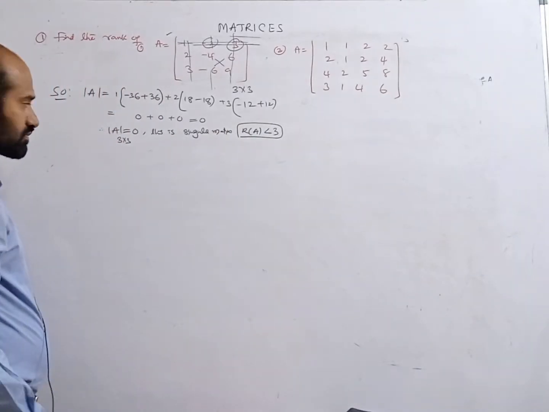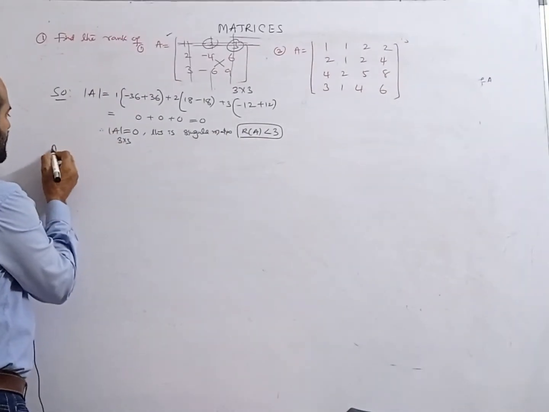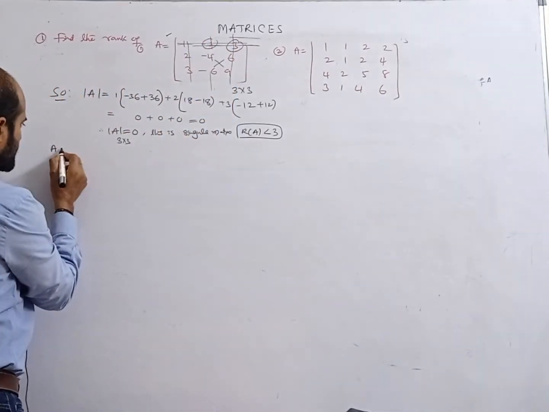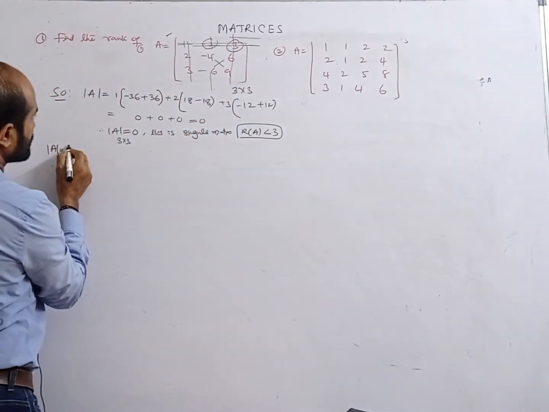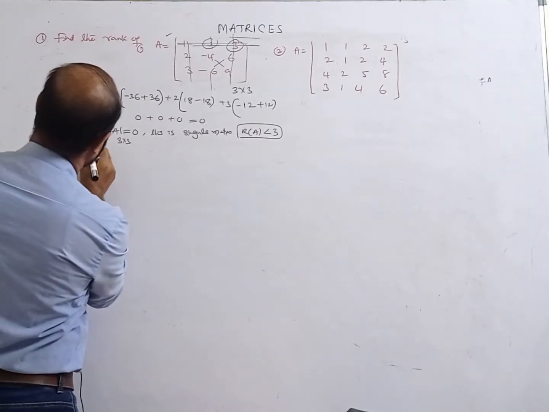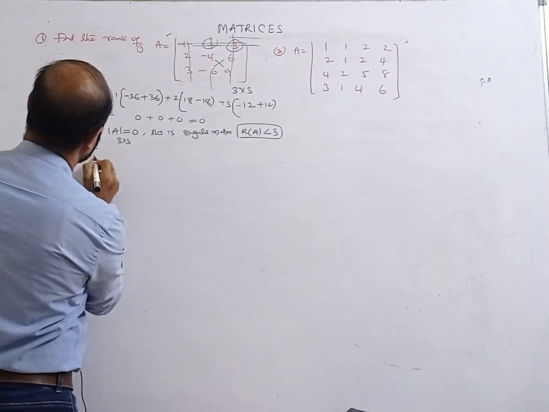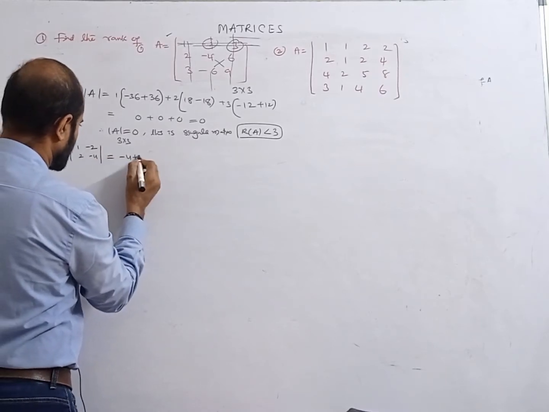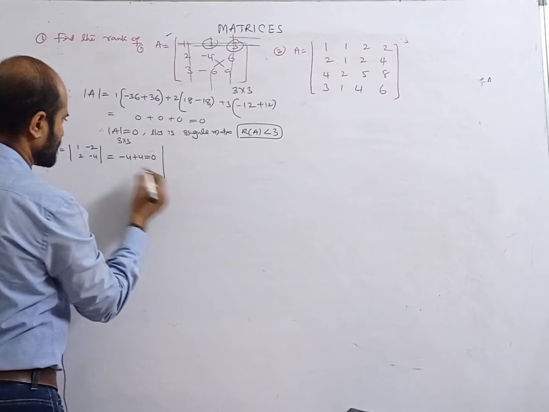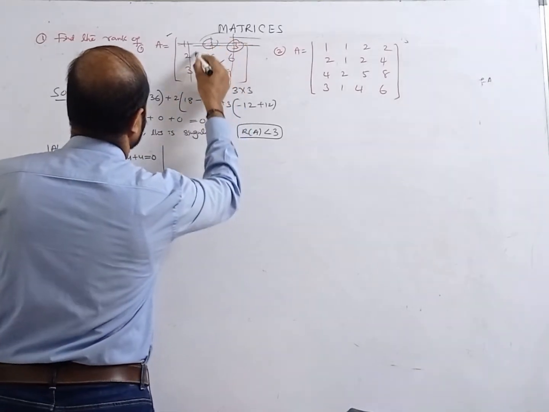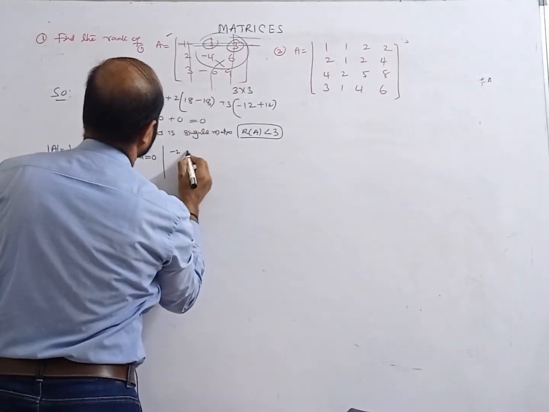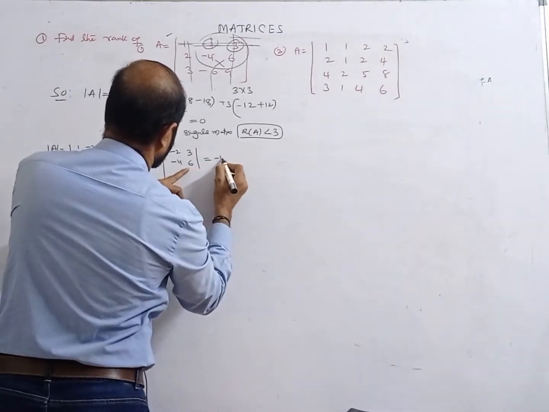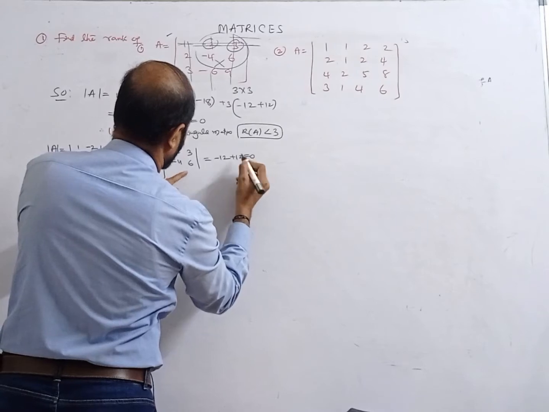Then I will take a matrix of any 2 by 2 matrices. So let us take one 2 by 2 matrix. The determinant of the first 2 by 2 matrix, [1, -2; 2, -4]: find this determinant, minus 4 plus 4, it is 0. So this is 0. Take one more next to this one, [-2, 3; -4, 6]. What is this determinant? Minus 12 plus 12, this is also 0.